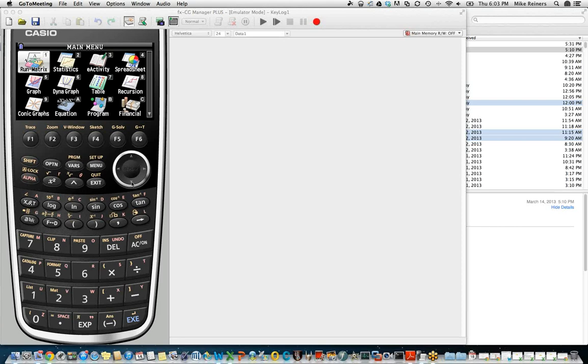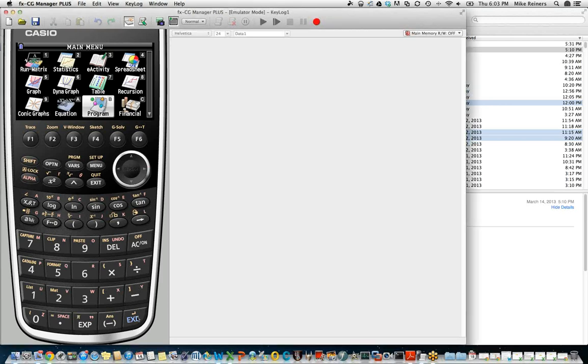So let's dive right in. We're going to go down to the program icon on the main menu. Again, we're using the Casio Prism CG10 model calculator tonight, which is the flagship model of Casio's Graphing Calculator series. But I'll emphasize again that the commands that we're dealing with tonight can be used on any of Casio's graphing calculators, the FX9750 G2, the FX9860 G2. All of the keystrokes are the same, and the programming commands are stored in the same place.